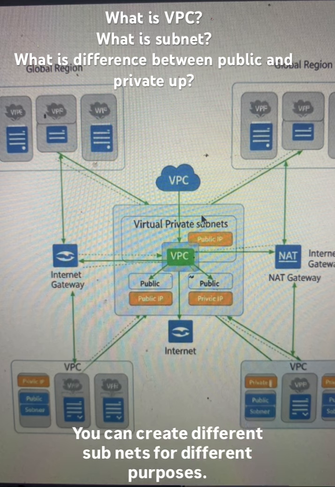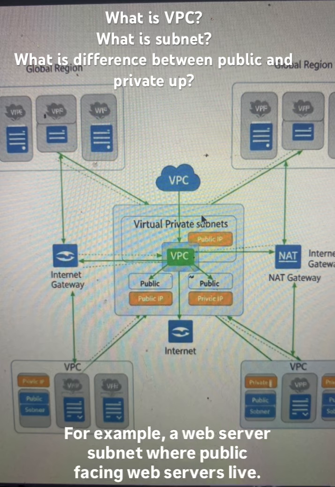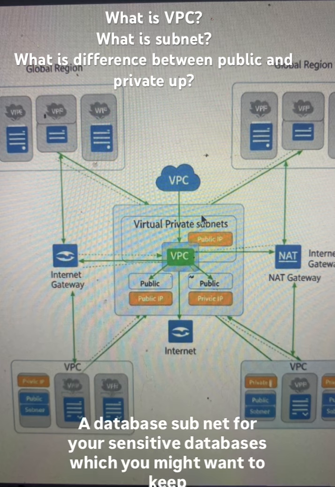You can create different subnets for different purposes. For example, a web server subnet where public facing web servers live, a database subnet for your sensitive databases, which you might want to keep more